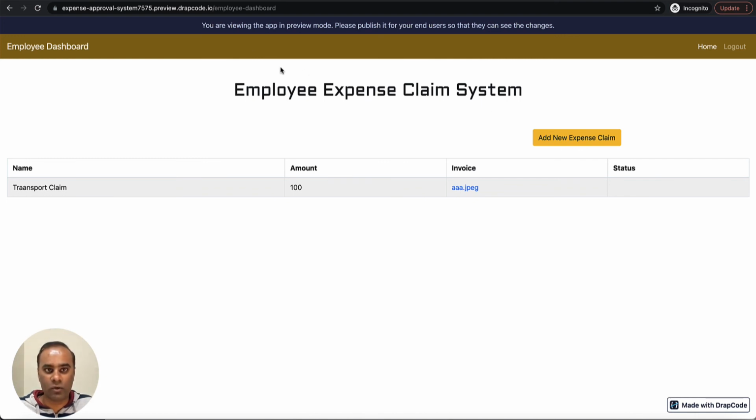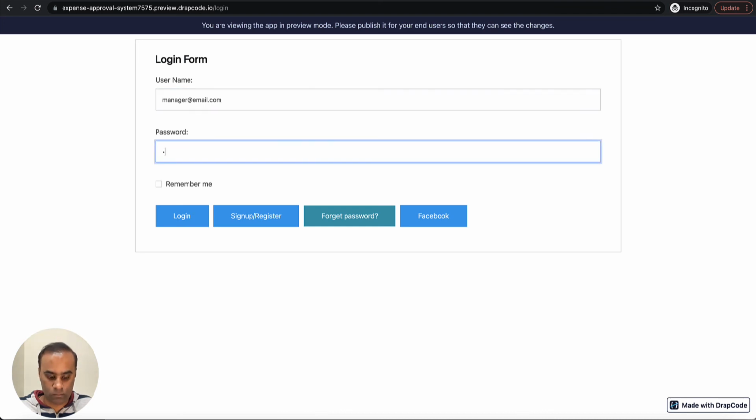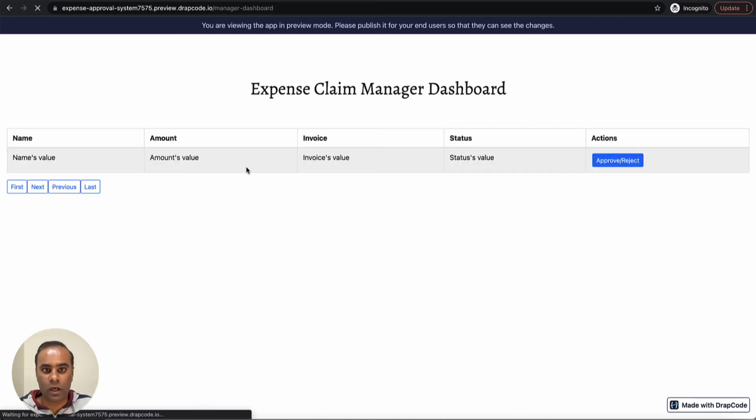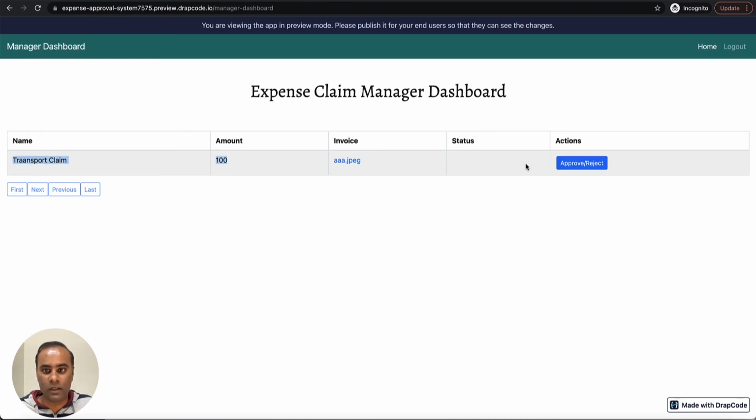So let's log in as a manager and see this claim and then try to approve or reject it. I'll log in as manager 1. Login. Now you can see this manager is seeing this particular claim, and he can choose to approve or reject it, but we have not yet linked it to the page.